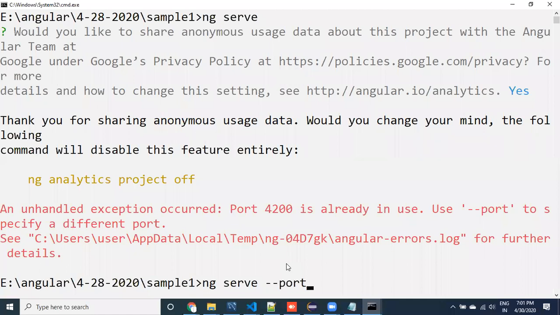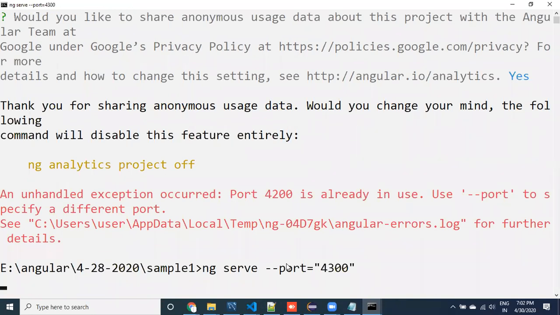So I use port equal to 4300. You can use anything, guys, whichever port is available on your machine. It takes some time to execute.